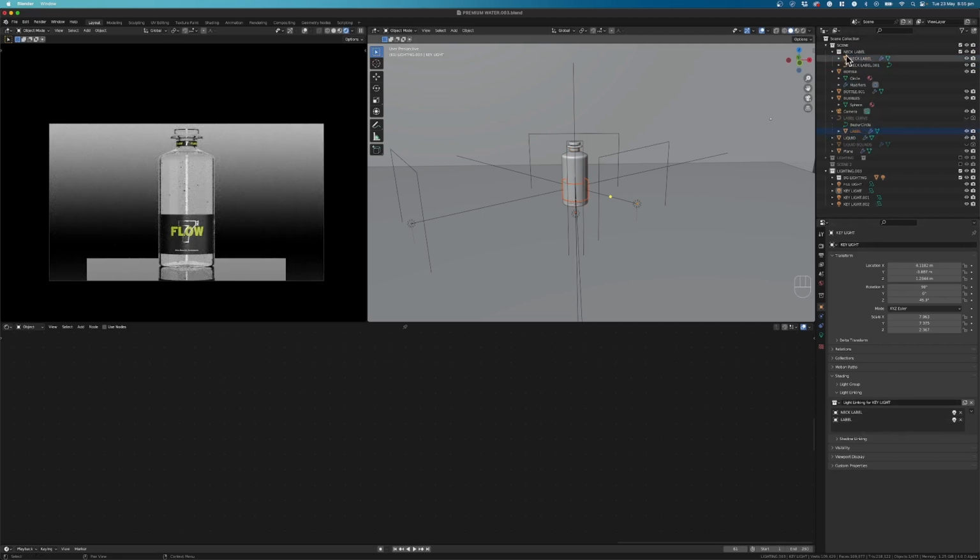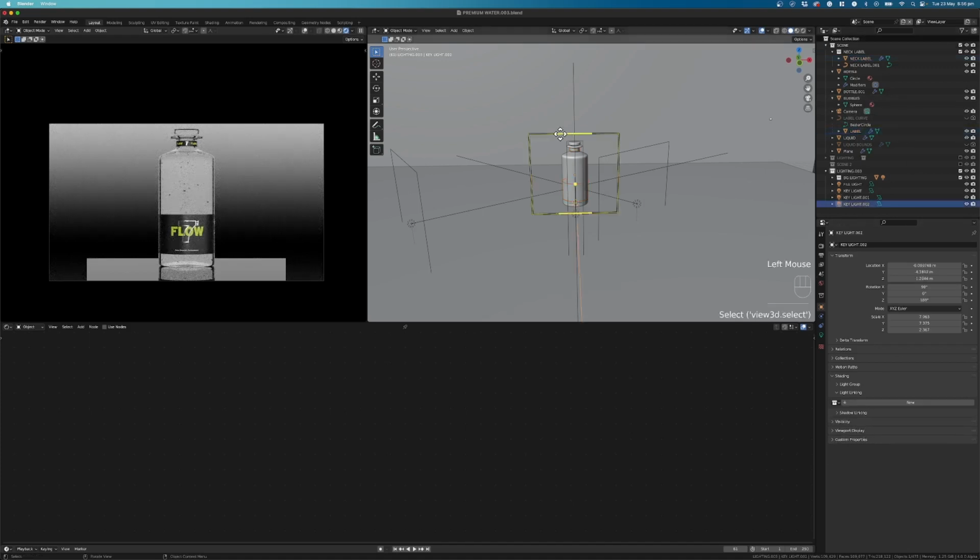Another thing to point out is you can actually take collections and pop the whole collection in there if you would like to. So now all we've got to do is go through each light, add a new light linking group, and grab the neck label and just the bottle, regular bottle label, and add it to the group. So I'll grab this one, we'll add a new light linking group here, we'll grab the neck label and also the label,